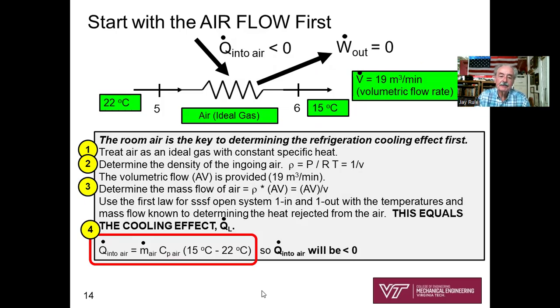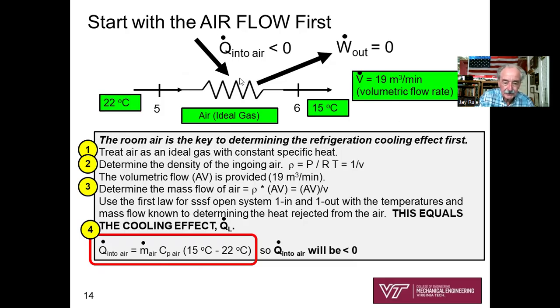Okay, I hope I've convinced you to start with the airflow first. That's going to be the starter point where we're determining the refrigeration effect. In other words, how much is the air cooling down? Refrigeration effect is how much heat is the evaporator absorbing. And so this is almost like a little homework problem unto itself, okay? It's not trivial. So let's go through the process of analyzing the airflow to determine the heat transfer from the